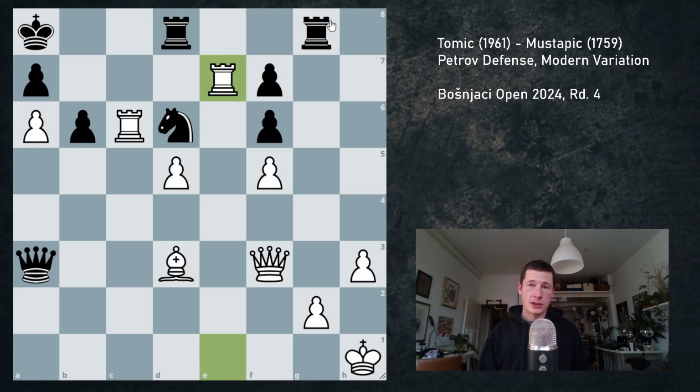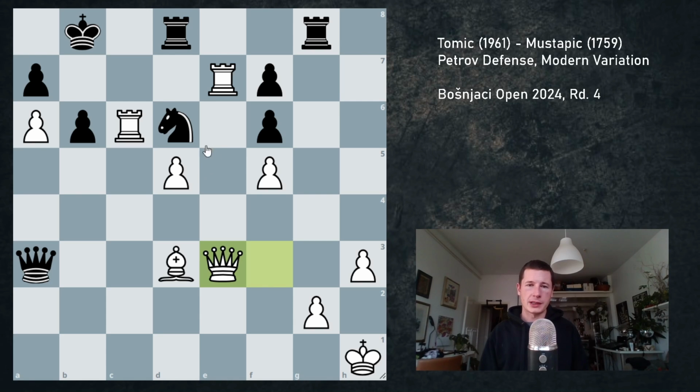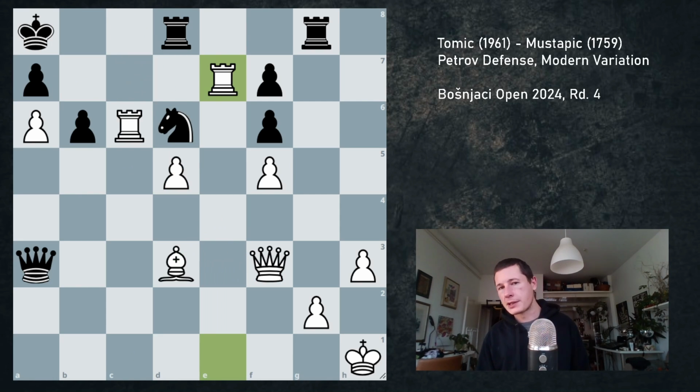Okay, the engine here says king b8 is the best move, but even after king b8, I just go queen e3 or queen e2, and I don't know what he does. Now the engine says king a8 is the best move, and now rook c7, and he's not defending this. If he goes knight c8, then I just go d6, and eventually his position is going to collapse. But after rook e7, he played...